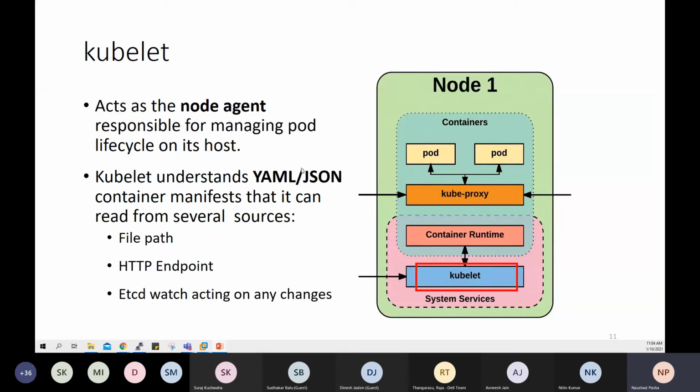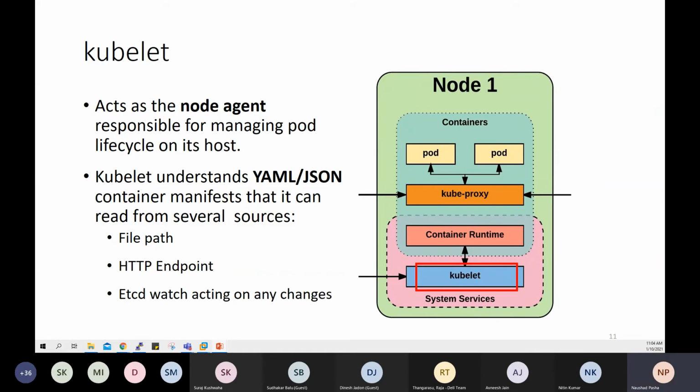And this YAML or JSON can be a local file or can be an HTTP endpoint. Maybe you have GitHub or some version control system integrated with Kubernetes. Are you maintaining these YAML or JSON files on those version control systems? And while creating a resource, you want to reference those endpoints.